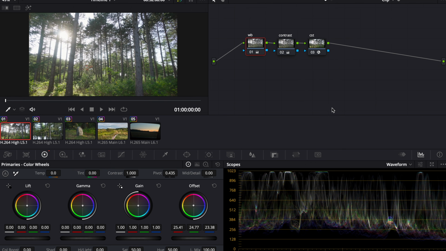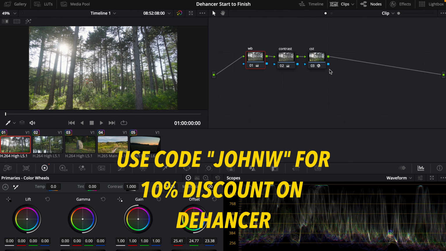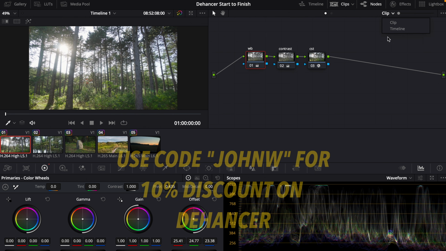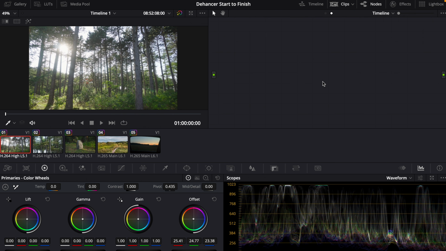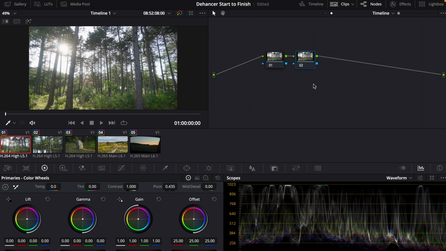Now we can start to use Dehancer. If you want to have the same Dehancer grade on all the clips, you can click on clip and choose timeline. And then you can make a new node with Option or Alt S, and then you put Dehancer on here, and then you get the same grade with Dehancer on all the clips instead of doing the same on every clip. But in this case, we want to do it manually, so I go back to the clip mode,